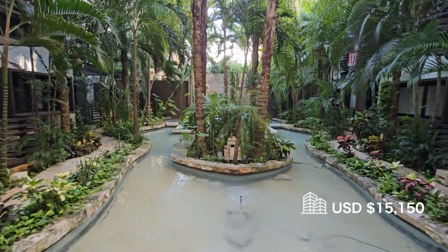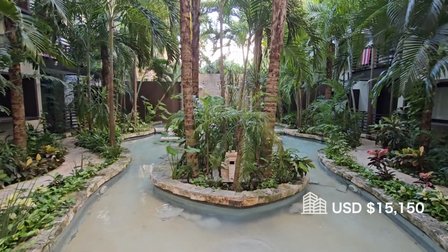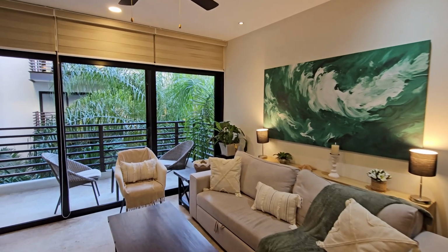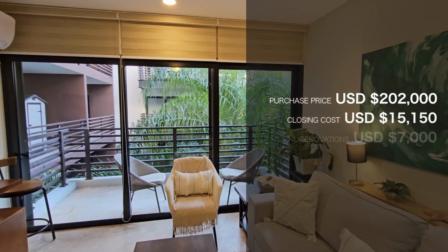So that was $15,150 US dollars, which brings us to $217,150. Now the upgrades were $7,000. So it did come furnished, but she threw in some love. Honestly, you don't have to put that much into it, but you can see just how nice it is. I think a long-term renter will really appreciate it. That gives us a total investment, all in with the purchase price, the closing costs, and the renovations, of